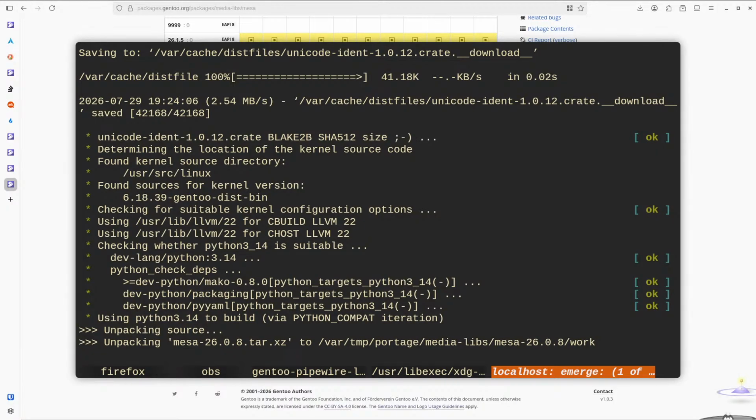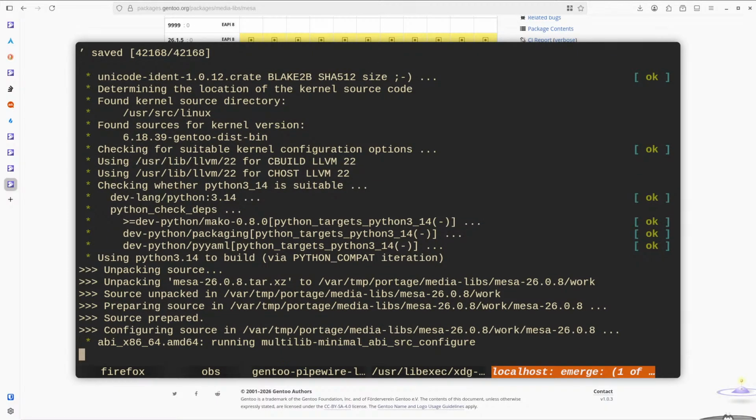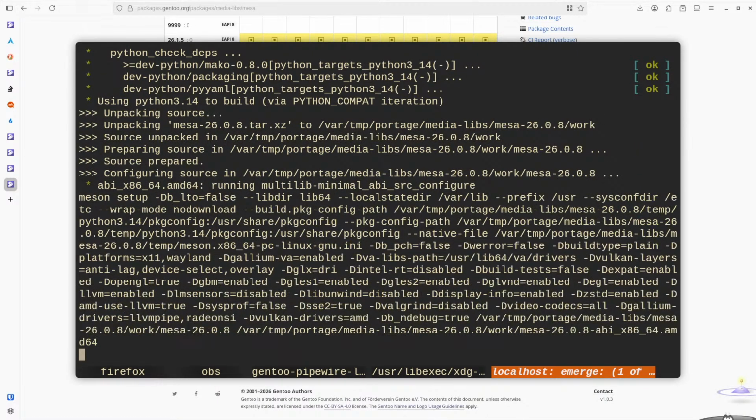Okay, so rebuilding Mesa. I guess I am supposed to rebuild the world and restart, but come on, I'm not gonna do that on stream. That's gonna be horrible.